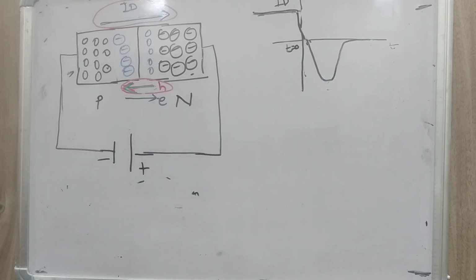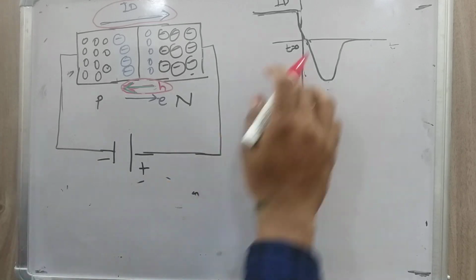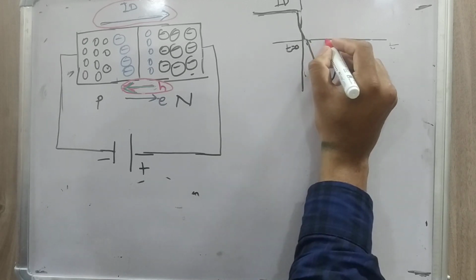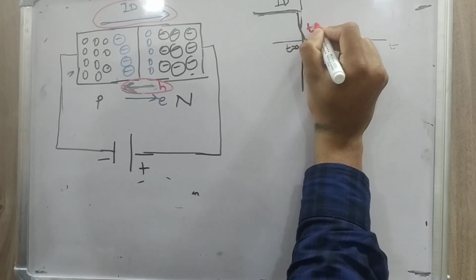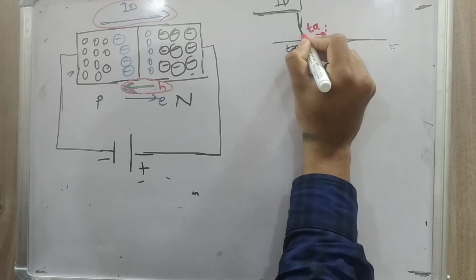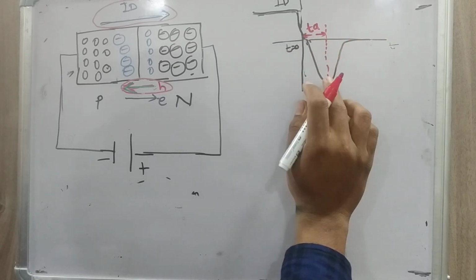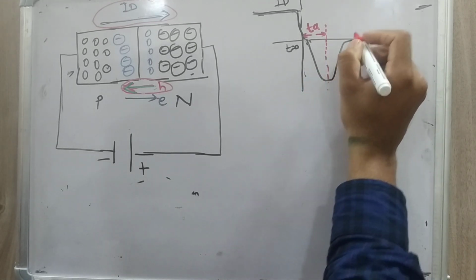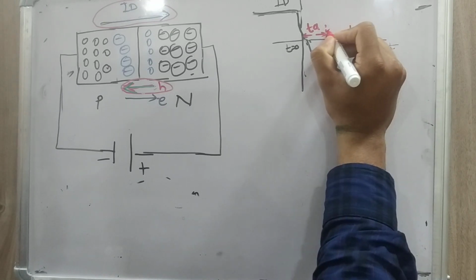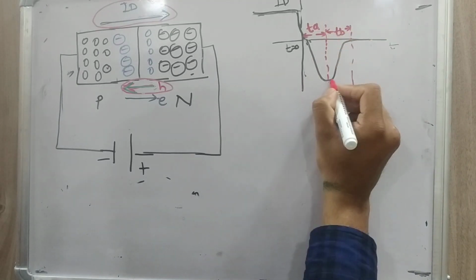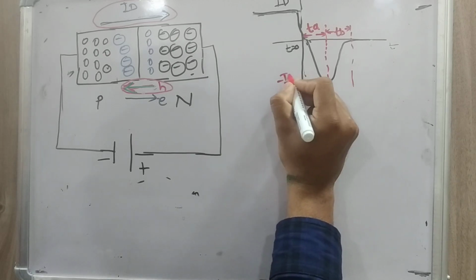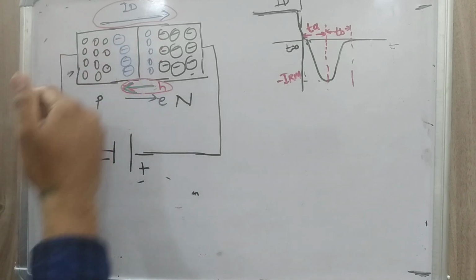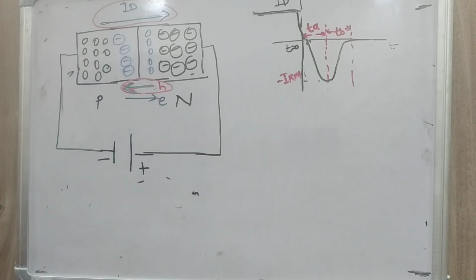Here there are basically two time segments. We consider from when the current starts from 0 to its peak value; this is TA. And when the current goes from the minus peak value to the 0 value, this is TB. This is the peak value, which is minus IRM. This current flows to move the trapped charges back to their original position.